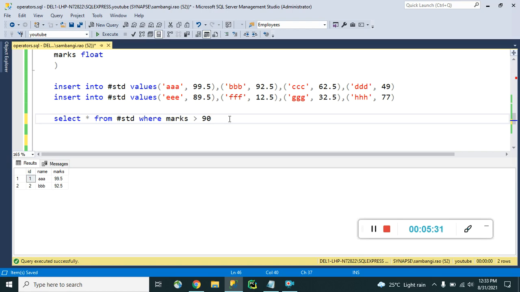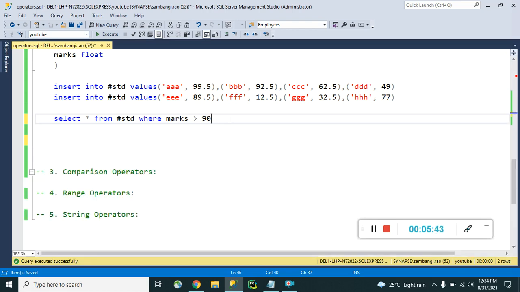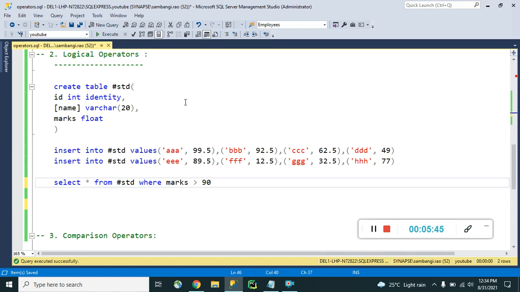That type of people's data only I need this time. Then what do I have to do? We have to apply two conditions. When you want to apply two conditions here, you definitely have to use logical operators.